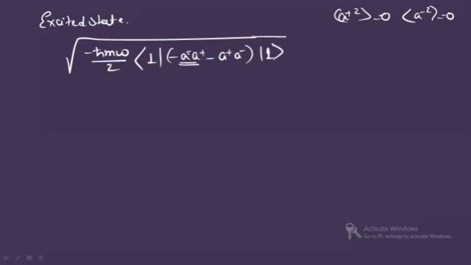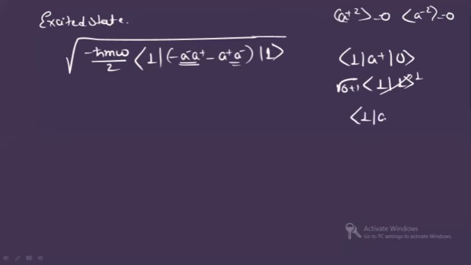Now first let's see this one. First, when the lowering operator is operating, this term will be as it is. Now this state will become 0, and it is root over 1. All right. Again, when the raising operator is operating, this is 1, root over 0 plus 1, and this will increase by 1. So the value of this is 1. Similarly, if you do for the second term, first you will have here 1, right? Lowering operator. This will increase by 1, right? So it is 2.